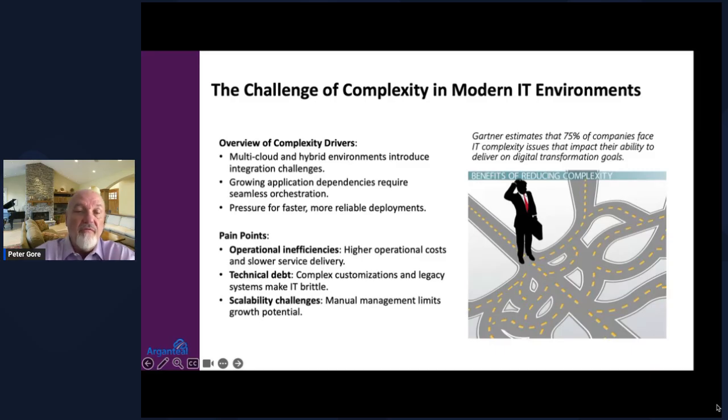I'm sure you're not one vendor, so you're probably not just Cisco or not just Juniper. You're not just one vendor for a server environment, or maybe you are, right? And so how do you deploy that infrastructure in a much faster, much more reliable fashion without incurring some of these pain points, right? Higher operational costs due to training needs, due to having to deliver services more slowly, because you need to customize each environment, or each environment is actually customized, and you need to handle those snowflakes inside your environment in a way that keeps your infrastructure running.